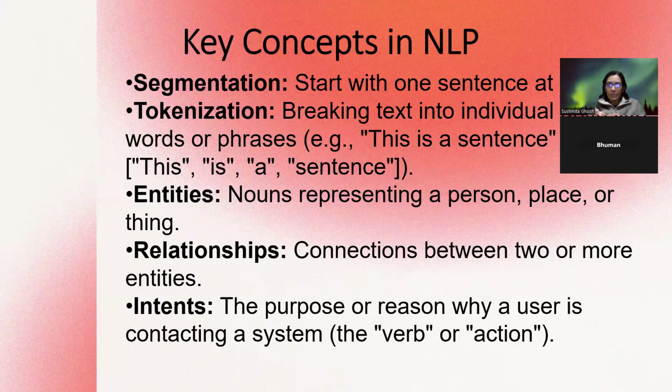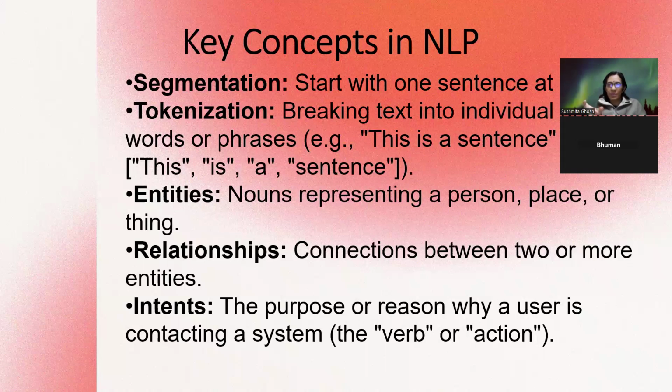So it first picked sentences individually from the whole text, which I'm talking about as segmentation. Then from each sentence it extracted individual words or phrases, calling them tokens, which is my tokenization process. And then it identifies the parts of speech, whether it is a noun or a verb or an adverb or an adjective or a preposition, because if something is not placed properly it will give you an error. Or nowadays, when we type text in any place, you have Grammarly or something